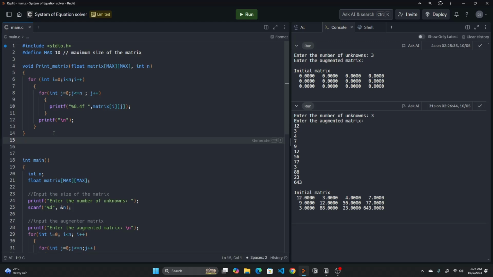This is the main part of the program, which is Gaussian elimination, and we're just going to do two main steps. We swap the rows if the diagonal element is smaller than the one below it, making sure that the largest number of the column is in the pivot position, which is basically the diagonal of the matrix. So what is the diagonal of this matrix? It's going to be 12, 12, and 23. So it's not really correctly set up here because